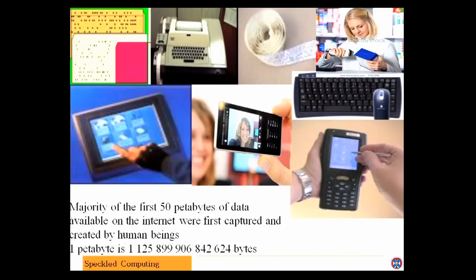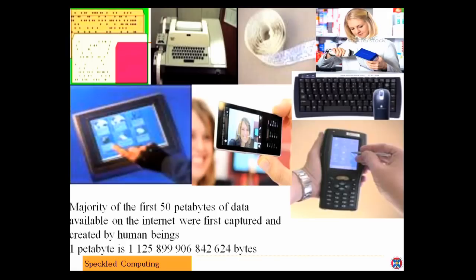Whether it was archival data, which came out of these printed cards, old teleprinters, or more recently through typing on the keyboard or pressing a button to take an image, or touch screen, or the barcode reader. There's huge amounts of information which has been gathered on the internet at the moment has actually come from data created by human beings. By the way, a petabyte is sort of 1 followed by 15 zeros. So that's a number of bytes. It's a large number, whatever it is.